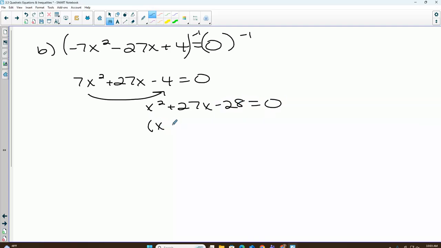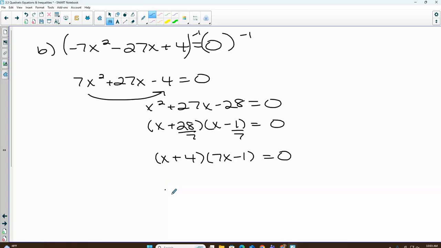Multiply to negative 28 and add to positive 27. Negative 1. Divide our 7 back. 3x plus 4 and 7x minus 1. So if you set those equal to 0, we get